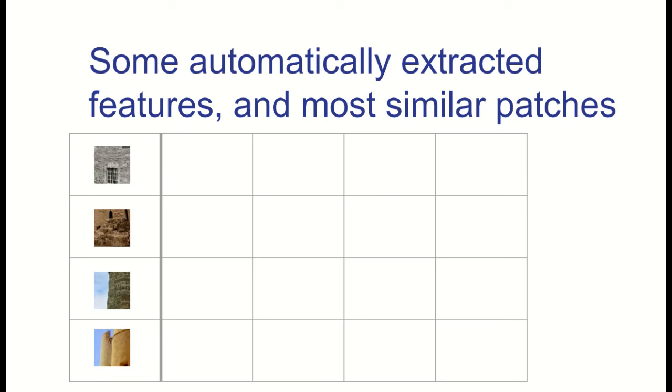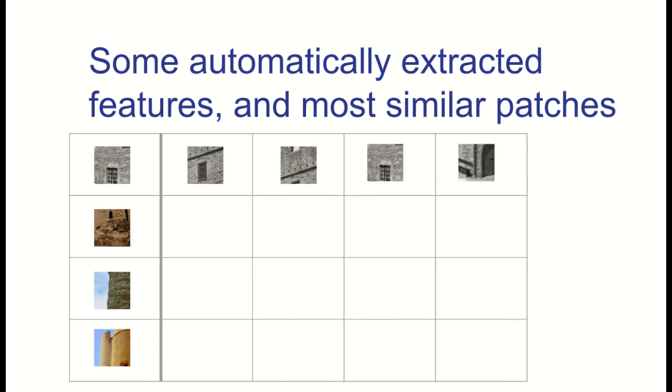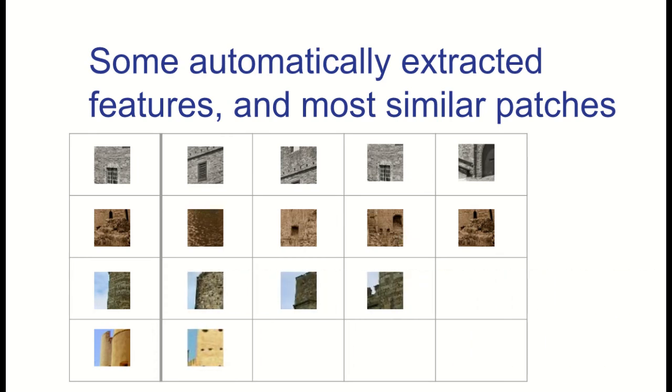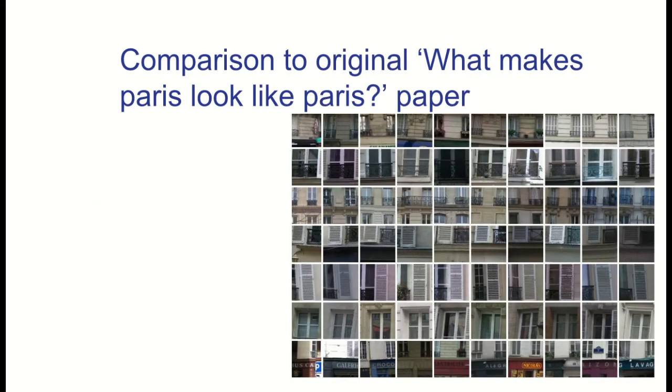Here are some of the results that were automatically extracted. You can see the algorithm did fairly okay. It managed to pick out patches from buildings and was able to ignore boring features like trees and the ground. It's not so good as the original Paris dataset